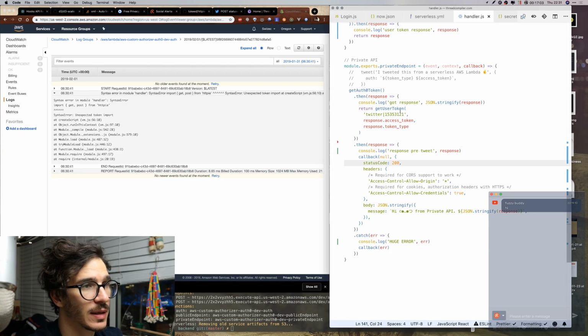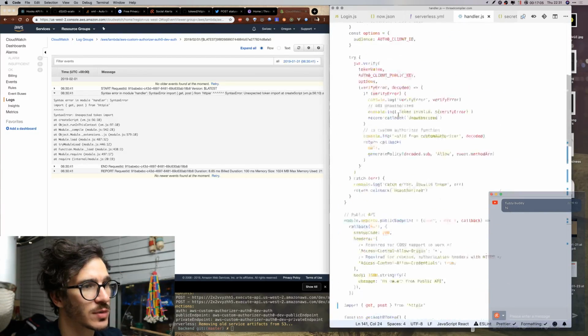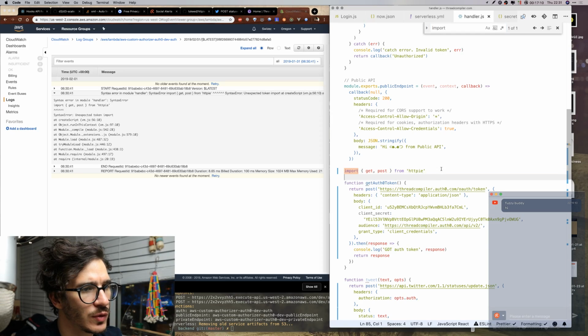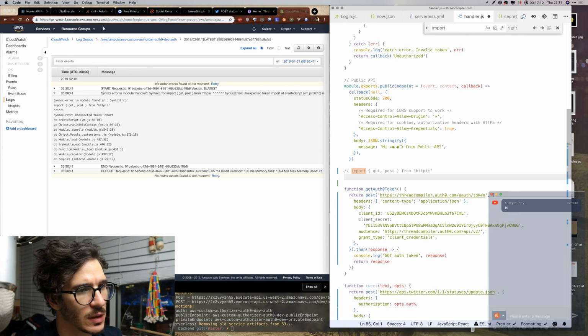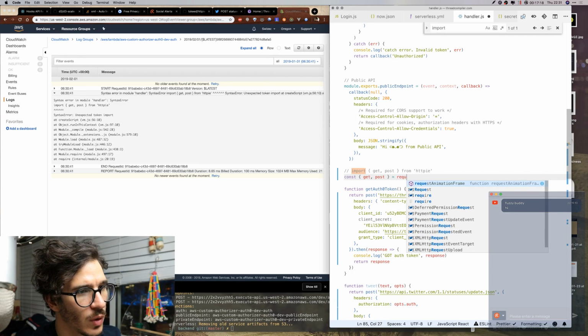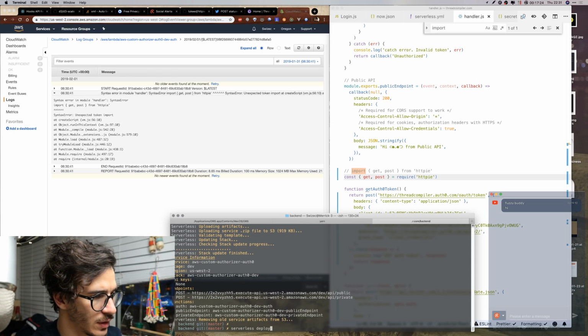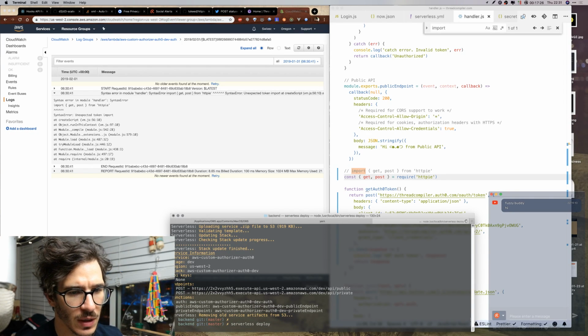Well, I guess we can't use imports. So instead of import, we're gonna use something old. So I'm gonna say const get and post equals require HTTP, and that should work. Serverless deploy, we try again, and we wait.